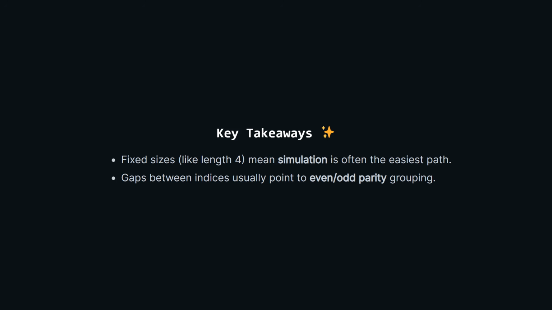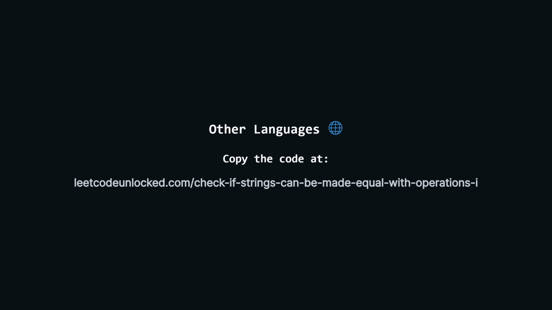Here are the key takeaways from this problem. Small, fixed inputs are perfect for simple simulation, and specific distance gaps between items usually mean you should group them by evens and odds. Alright, as promised, here are the full solutions for the other languages,